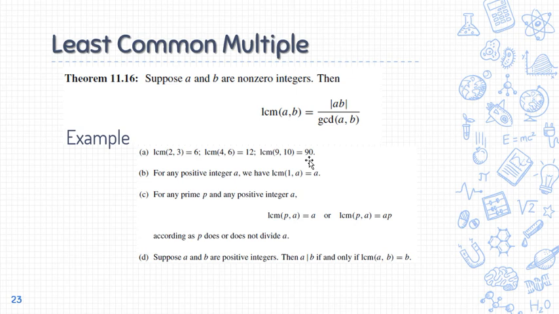So, next is, kung naa tay prime, tapos ipares nato siya sa any number A. So, if A is divisible by P, sa ato pa, ang LCM niya is A. However, if dili, then ang LCM niya is A multiplied by P. So, pare-pareha gyapon sa GCD kay ganina ang iyang properties. Tapos, suppose A and B are both positive integers, then A can be divided by B if and only if ang LCM ni A ug ni B is equals to B.